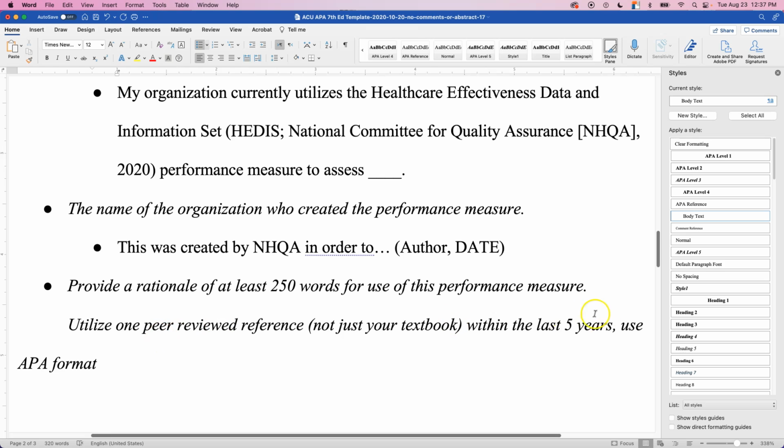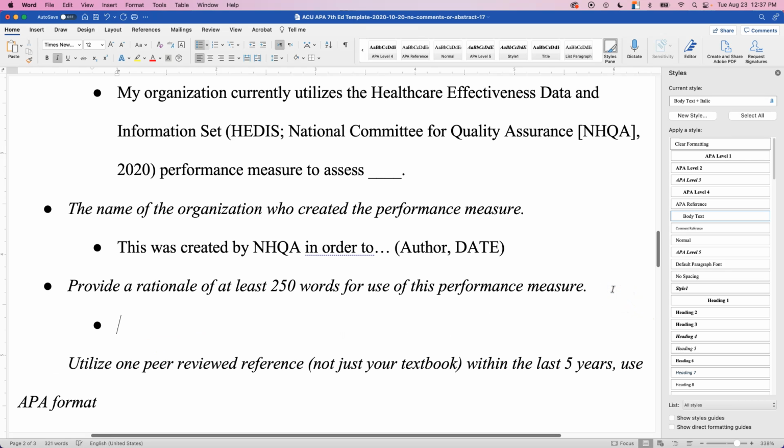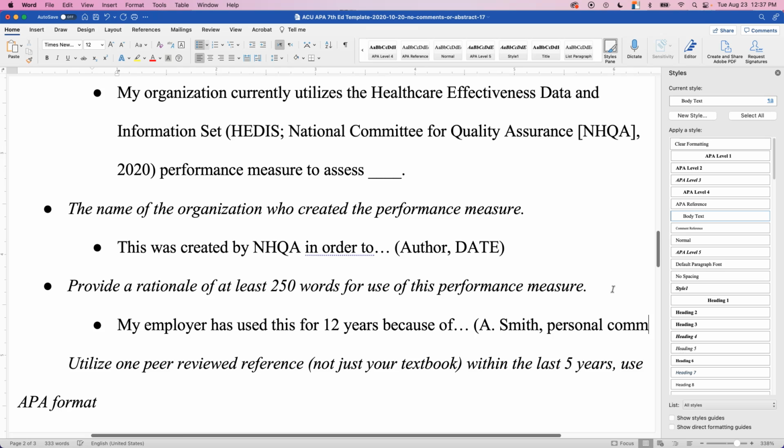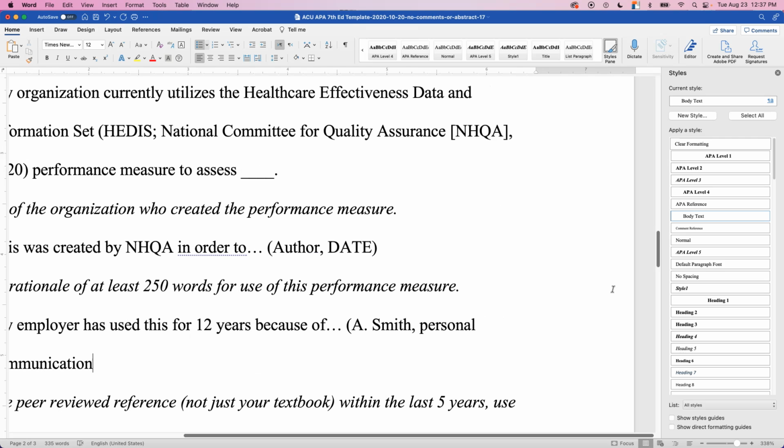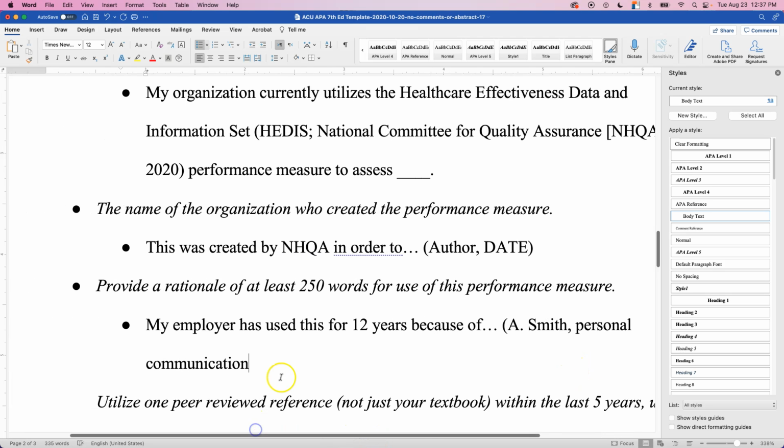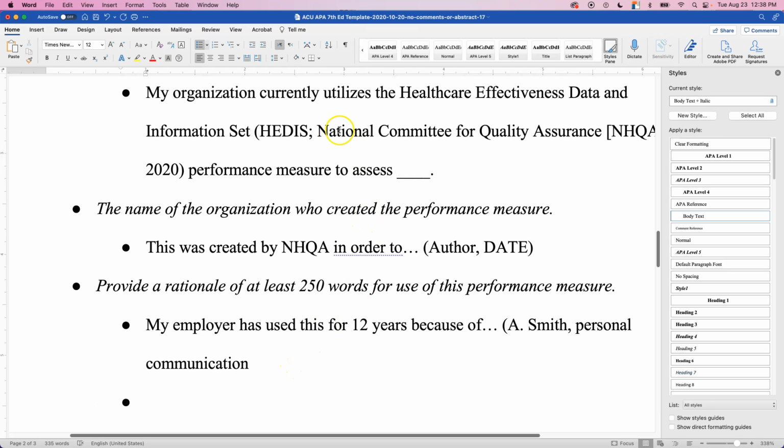Now, for the rationale here, well, give us some reasons. And you can ask people in your organization. And if you're going to be citing someone who told you that, then you could have a citation for the person. And if you are going to be using a scholarly resource here, well, let's take a look at how to